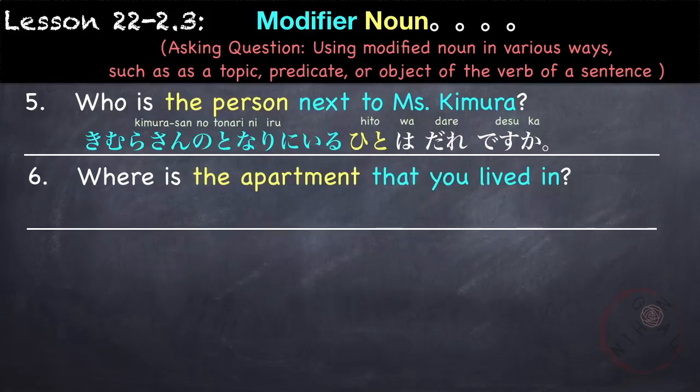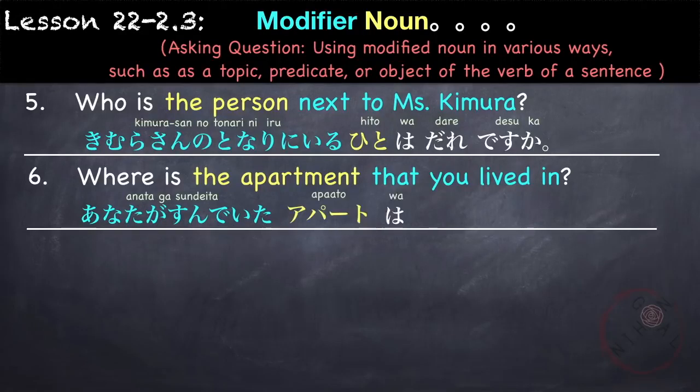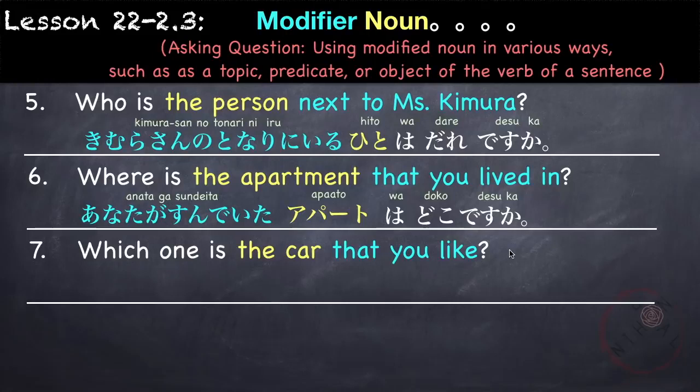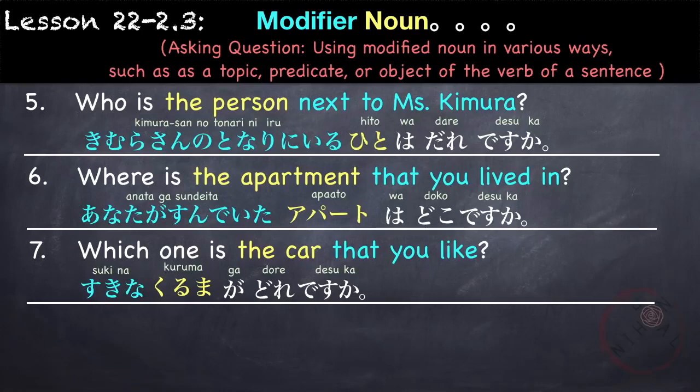Where is the apartment that you lived in? So our modified noun is the apartment that you lived in, which is あなたが住んでいたアパートはどこ where ですか？あなたが住んでいたアパートはどこですか？Which one is the car that you like? 好きな車が which one? どれですか？好きな車がどれですか？